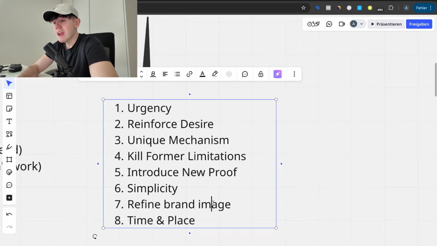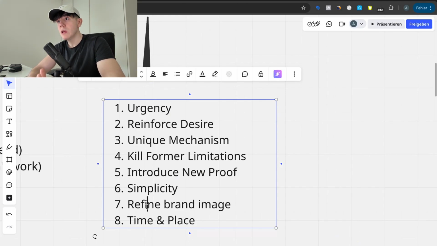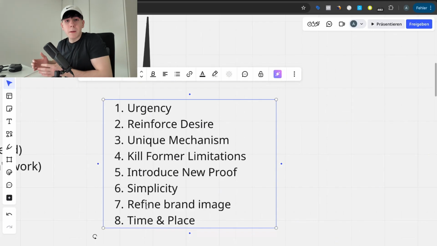7, refine the brand image, right? Every brand has an image. Every brand has something that they're known for. The cool thing is, if you're just starting out, if you're not at a super high scale, you can massively influence it with the type of ad that you show. This is a topic I've been personally looking at a lot recently: ethical ads, ethical marketing, right? Do you play with negative emotions? Do people start to feel fear or sadness or anger when they hear your brand name, or are they actually feeling something positive?